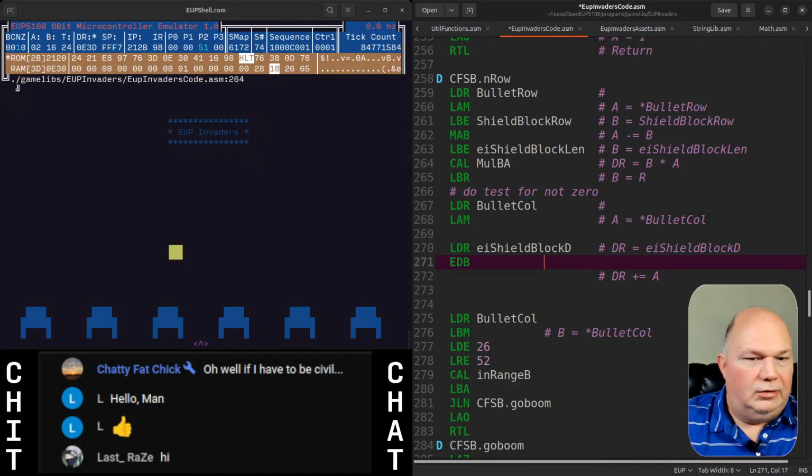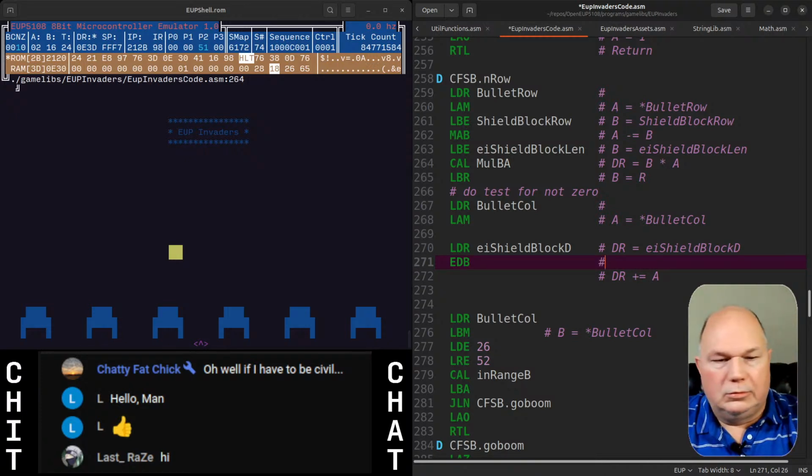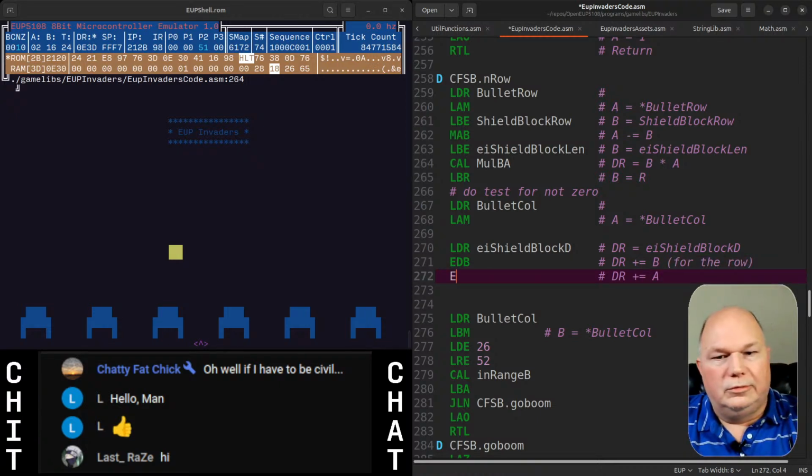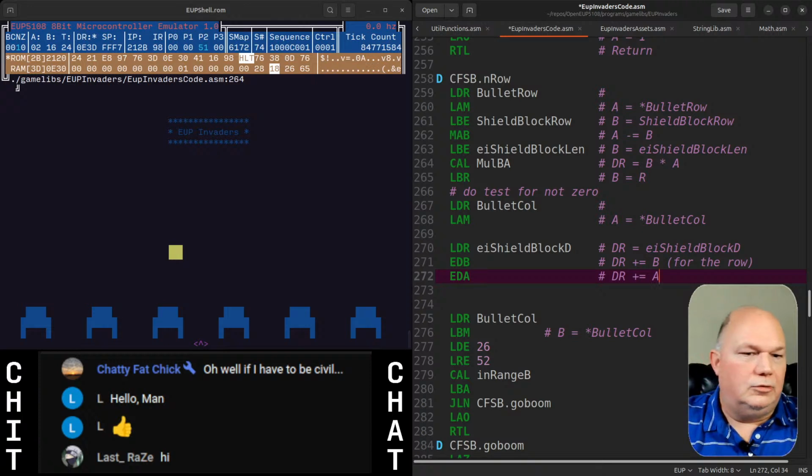We're going to add DR plus equals B for the row, DR then plus equals A for the column of the bullet. And at that point, we should be pointing to the location in memory that is right where the bullet is within the block of shields. Simply,